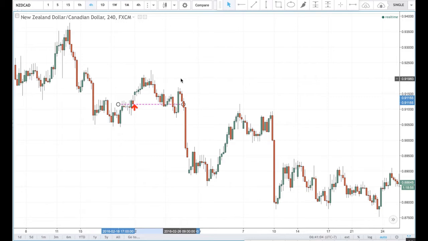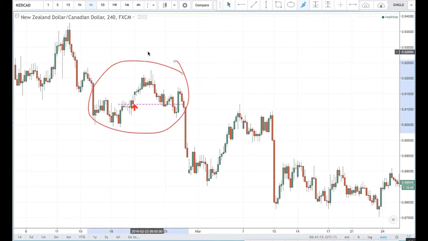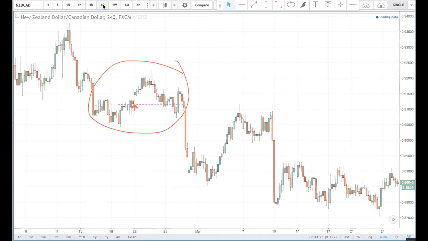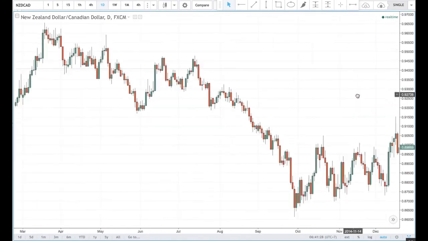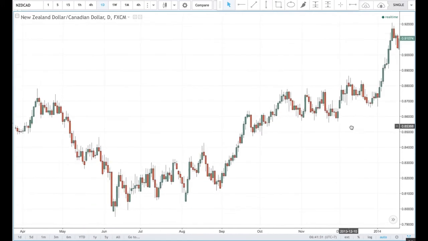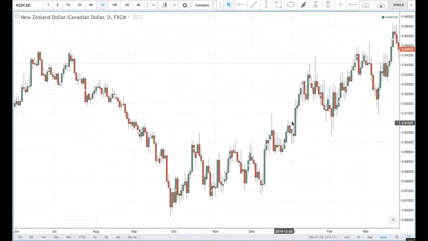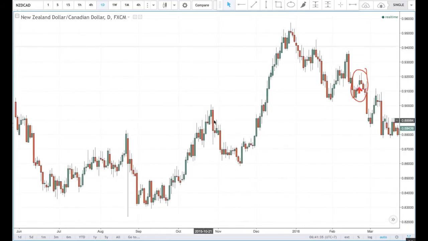So when we look at this in terms of the two time frame concept, I'm going to put a big circle around this area, and we're going to go up a time frame. Right now we're looking at this on a 4-hour chart, and we're going to involve one more time frame. That becomes two time frames now. We're going to go to the daily chart, which is the time frame above. And I'm going to explain to you why the one above is better than the one below. Let me see where I can find that spot. Did I scroll too far back? Maybe I did. There it is.